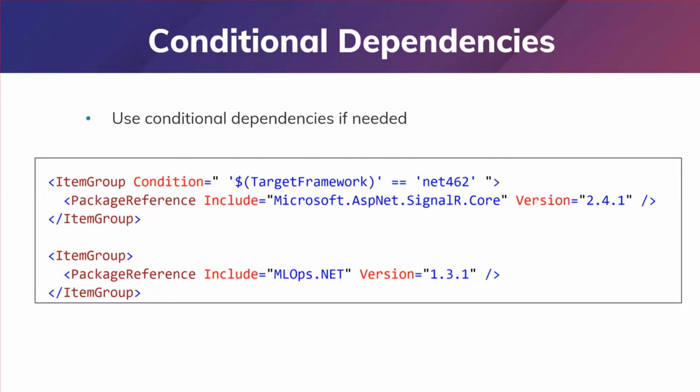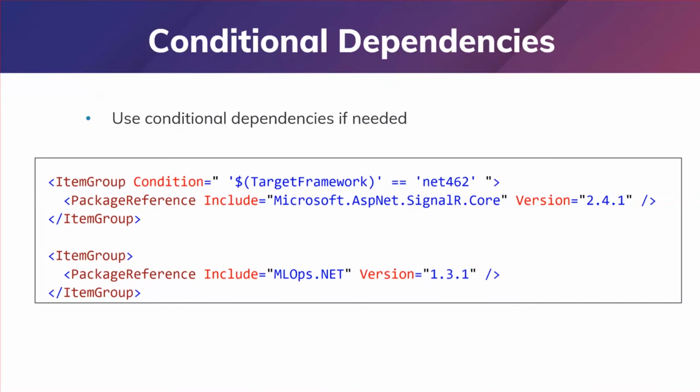And do different kinds of feature toggles in the UI, and then figure out how you want to do the backend with your hubs. But the way to make sure that at least we can build all the time is by toggling it off when we are on Core by including this feature toggle here. This is also very useful in many cases where we had multiple dependencies that we wanted to migrate over, but we wanted our application still to build. So we could label them all with .NET 4.7.2 and say, only do this if you're on the .NET Framework. If you're on Core, don't even include these packages because we know that this version is not compatible at this point in time.